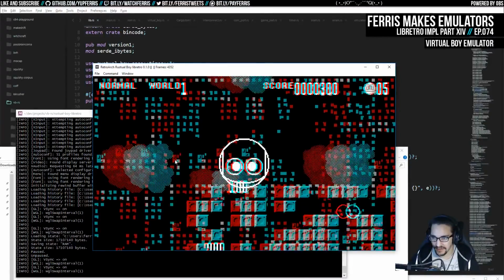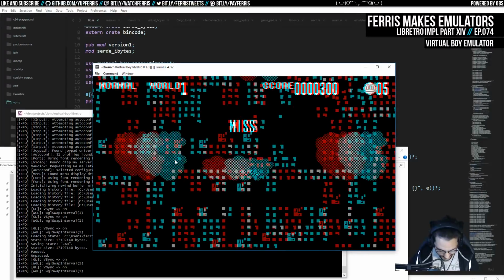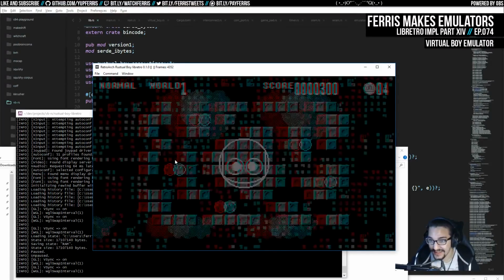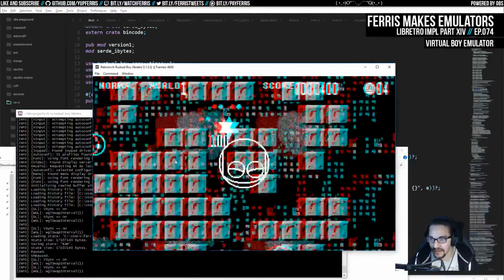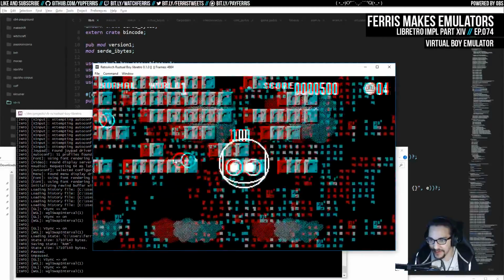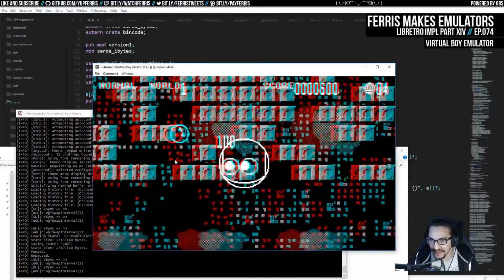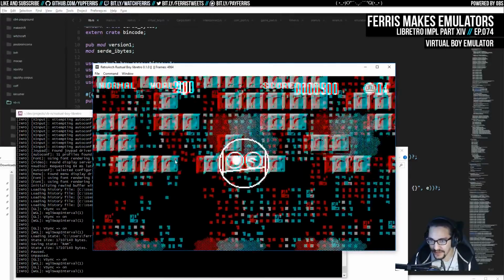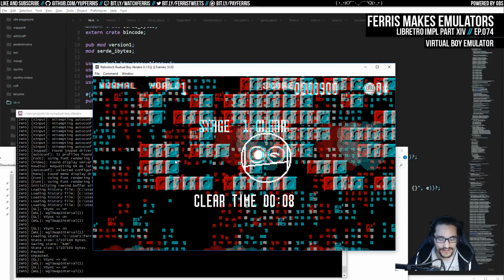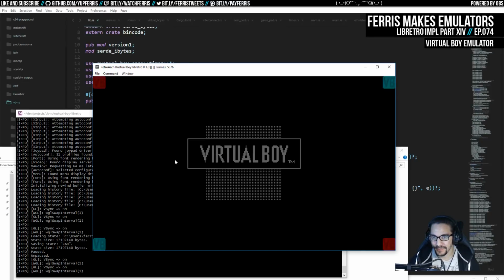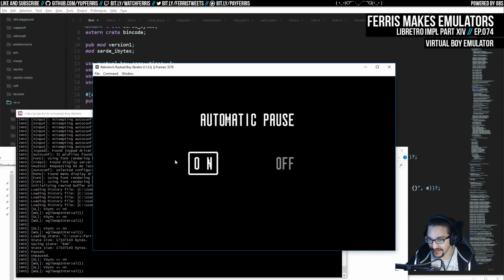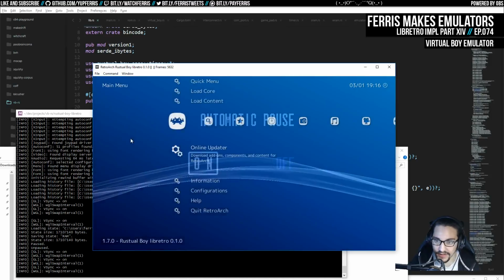Oh no. I just realized one of my joysticks is inverted. That's fun. I don't know if that's in the emulator or in my controller settings or something. I don't know. This game rules. Yeah, rewind still works. Whether or not this feels usable, I'm still not entirely sure, but